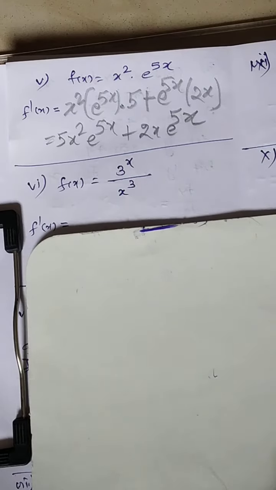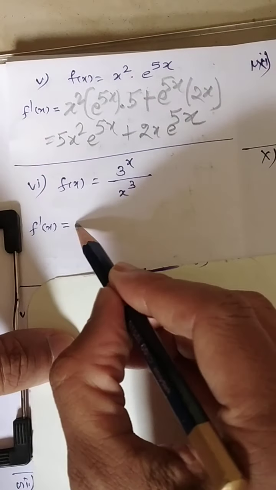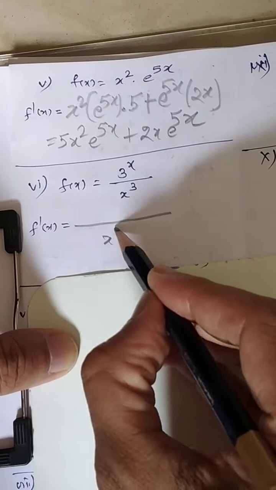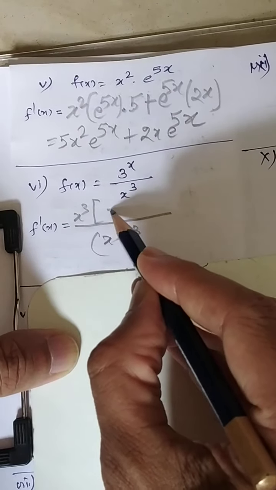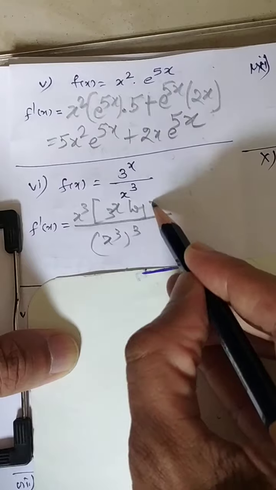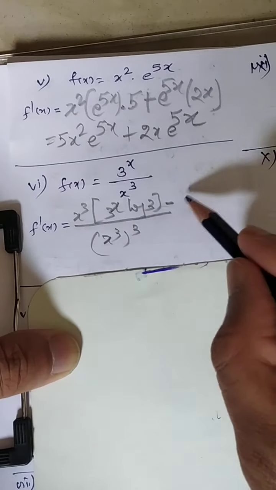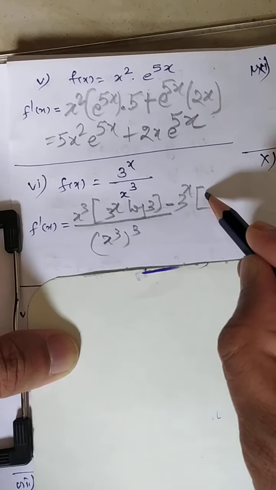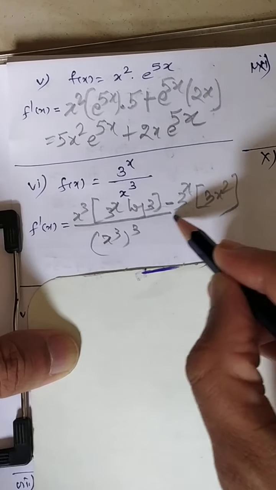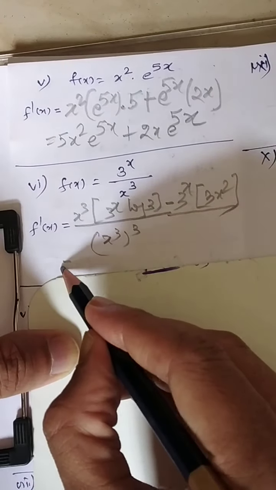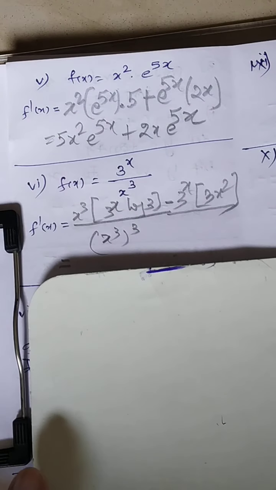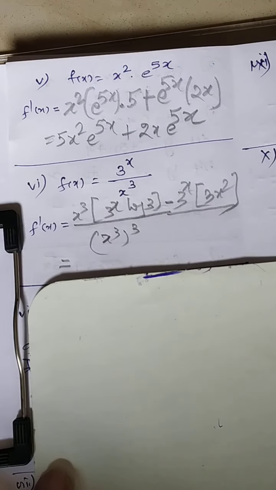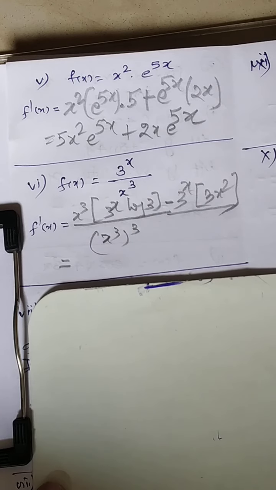Next, how do you answer? Correct, u by v rule. X cube the whole square. This x cube here, derivative 3 raised to power x, it will be log 3 minus 3 raised to power x as it is over here 3x square. Just I am leaving one step. You can simplify and get simplest form. If anything is getting cancelled, you can cancel out. I think x square will get cancelled and you will get the respective solution.